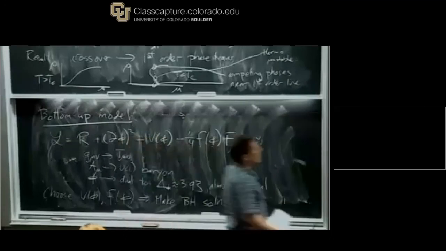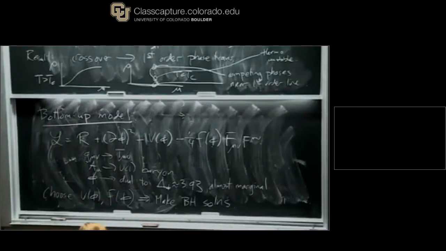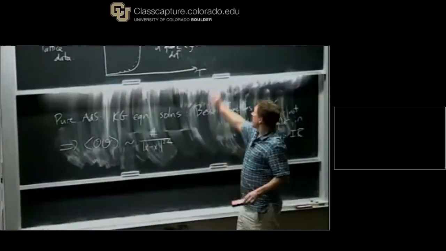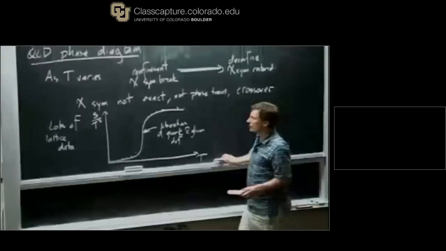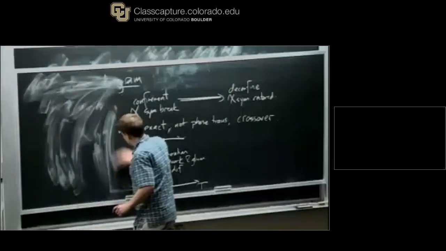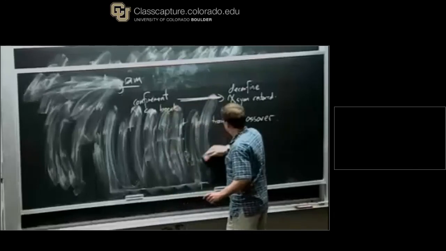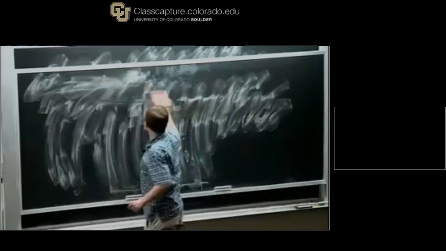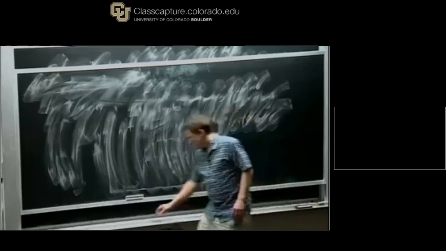I guess I still have one I can erase over here. So for the last half hour of today, and for my final lecture on Friday, I'll talk about a bunch of different kinds of geometries and some of the different physics that we can study in the dual field theory from looking at those. I started by telling you about temperature and density and looking at these QCD phase diagram black holes. I'll bring temperature and density back in a second, but first I want to talk about a kind of solution that doesn't have any temperature, no black hole horizon, no finite density, but we do something else instead,